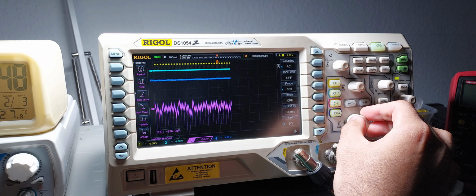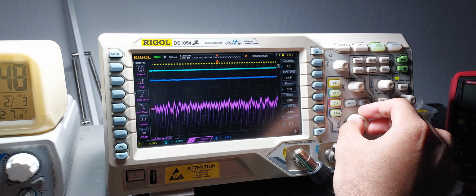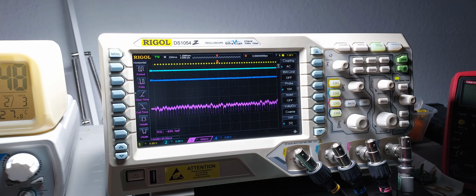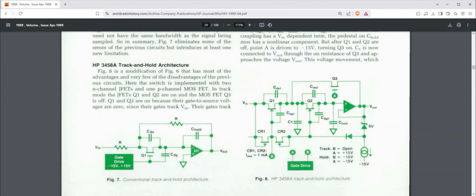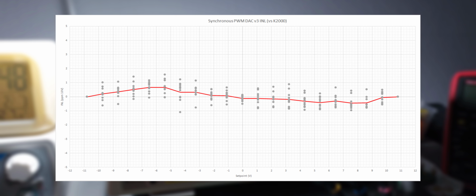The remaining noise seems to have a shape similar to that of the integrator waveform, suggesting that the analog switch is still leaking something. Once again, the April 1989 HP journal presents a PPM optimized sample and hold circuit, but I don't know if I want to replicate it. The INL was also finally down to plus or minus 0.5 ppm, which I was unable to decrease further despite